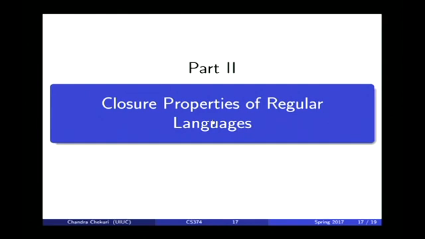Okay, now let's briefly discuss the closure properties of regular languages. Maybe we didn't formally define it. When we say closure properties, what does it mean, right? As I said on Piazza,